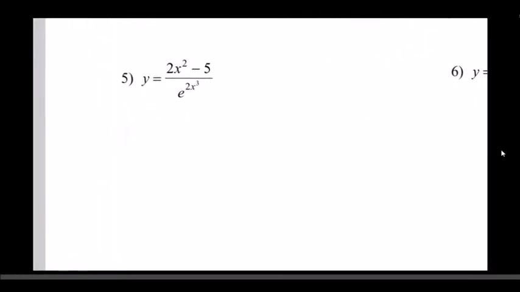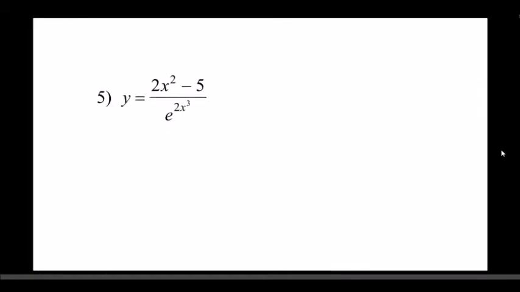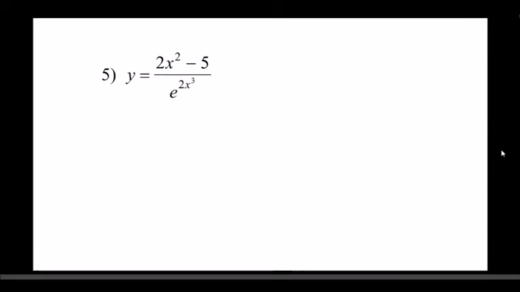Okay, question 5 is another application of the quotient rule. This one's a little trickier to simplify, so make sure you're watching all the steps. It's the same quotient rule. It's low d high minus high d low. So we've got low times d high minus high